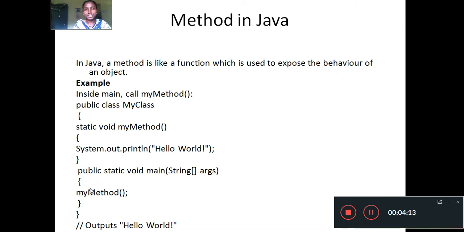But I am not creating any object here because I am using the keyword static. So the calling of the method goes to this position, and what is written in the body? The body has hello world written. So this hello world will be printed, so the output will be hello world.